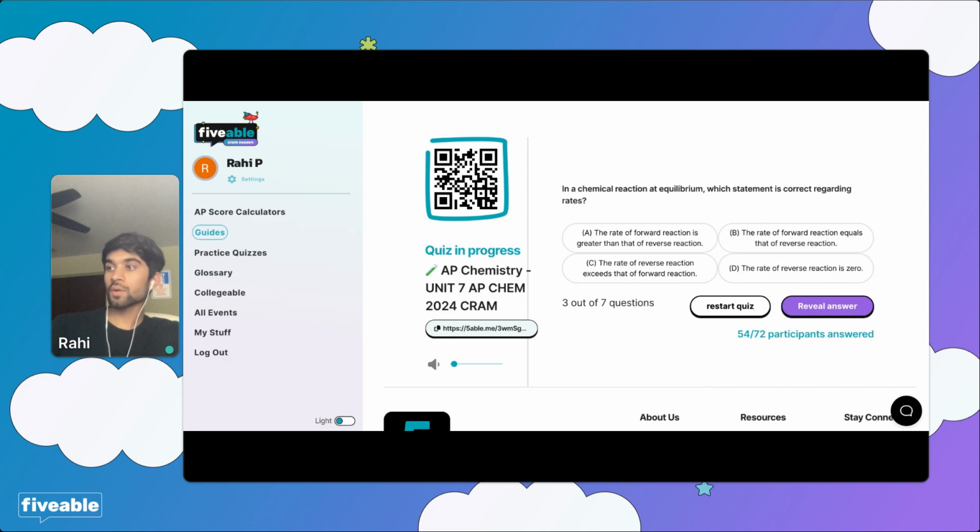What I said for the last question was that if you put Q on the right side of the problem, the direction that the greater than or less than or equal arrow is pointing towards is the direction that will be favored, right? So if Q's on the right and it's pointing towards Q, that means the products will be favored.